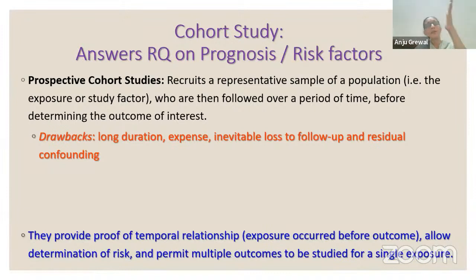On the contrary, I can go prospectively. I can pick up a sample of patients and then follow them over a period of time, say during their stay in the hospital, and look at factors that have led to the outcome. These are studies which more often look at prognosis and risk factors. But the problem is that they are of long duration, they're expensive, and most of your patients would be lost to follow-up. The example that I gave would be a very short study, and of course would fit more into a randomized control trial than a prospective cohort study.